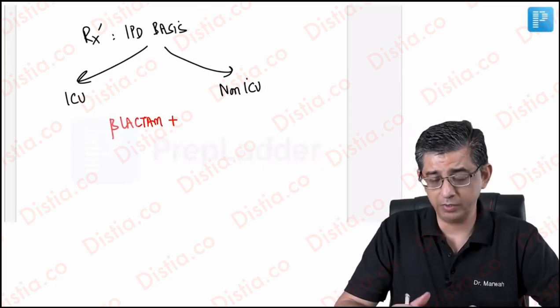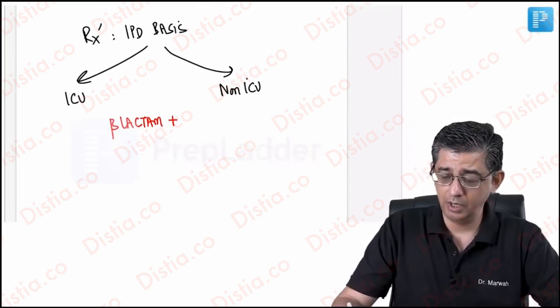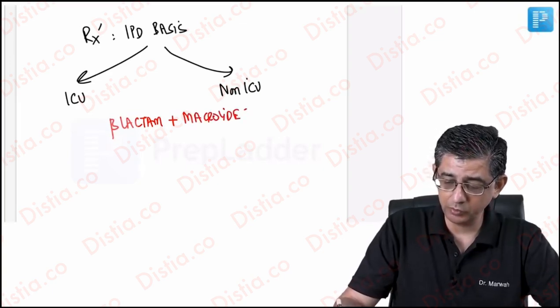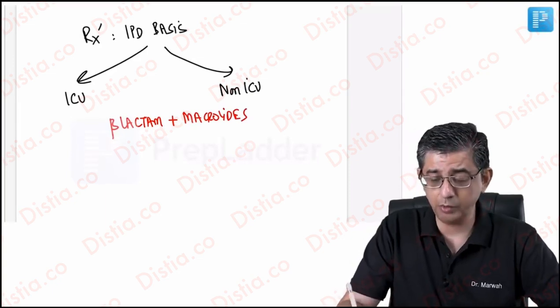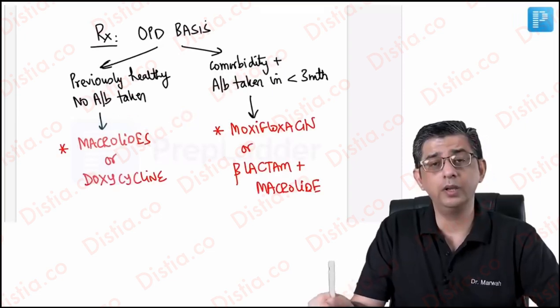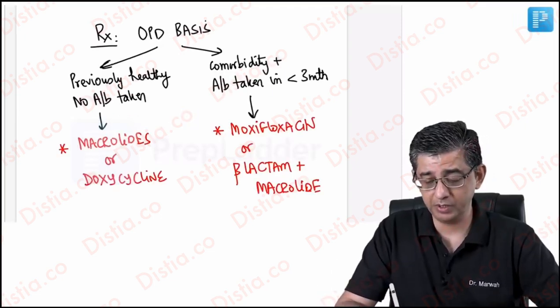The treatment would remain the same. It's IV antibiotics, so beta-lactams along with macrolides would be administered in this case. The combination of the two is the one that is recommended. I did speak about the beta-lactam macrolide combination, but that could even be prescribed orally on an OPD basis, or